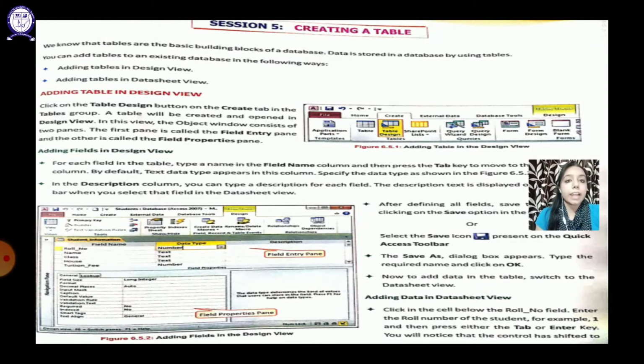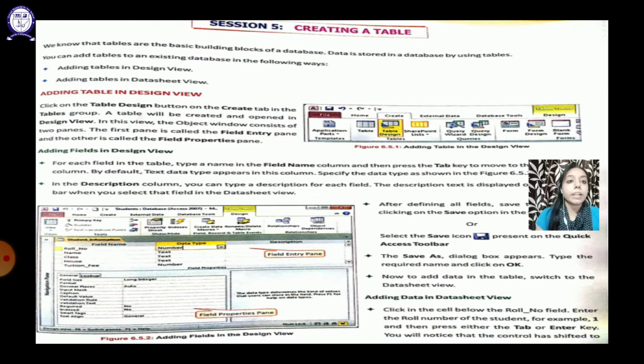The difference is that in the design view, we need to add the column name and the properties of that column, that is the data type of the various columns which we are entering, whereas in the datasheet view, which opens by default when we open a database, we have to enter the name of the field and their values. So when we are going to work in the design view, how do we open this?